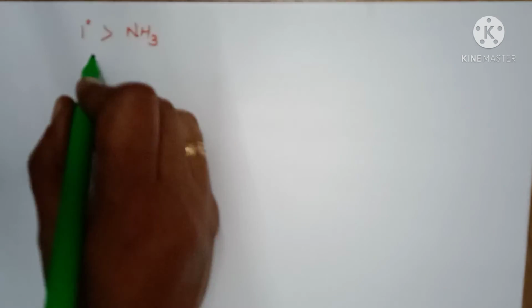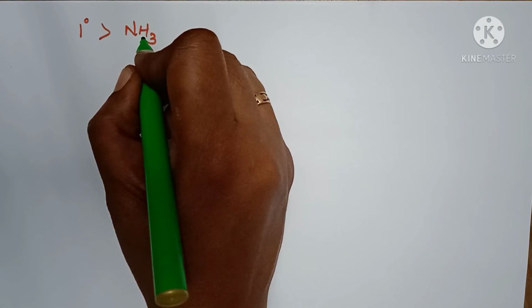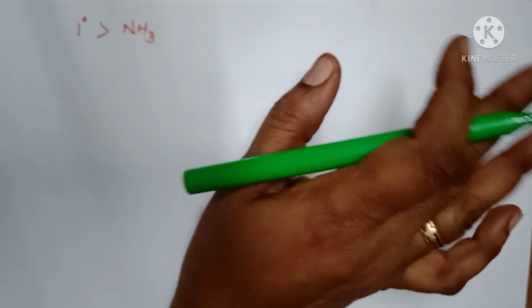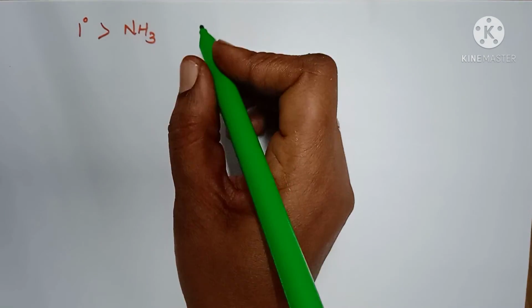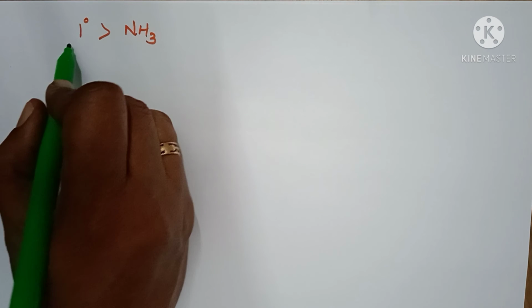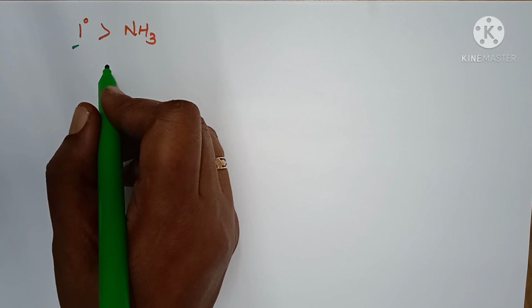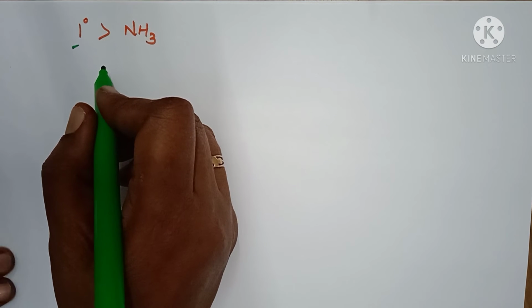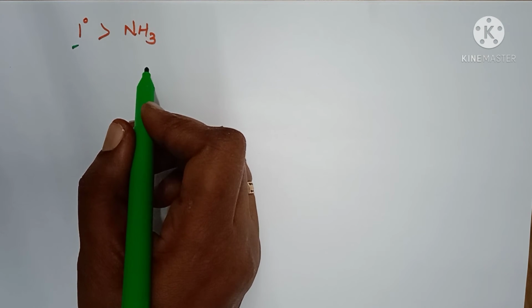Now the next point we are going to discuss: primary amines are stronger than ammonia. The last point we checked was that amines are stronger than ammonia. In that, which is stronger? That means whether primary, secondary or tertiary amine, which is stronger? Primary amines are stronger than ammonia. How? The presence of an electron donating group on nitrogen increases the stability of the cations formed after the donation of the lone pair